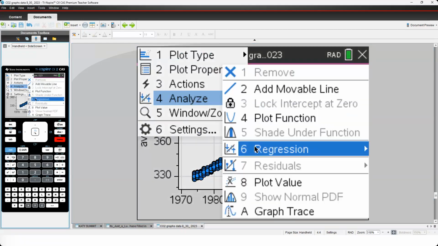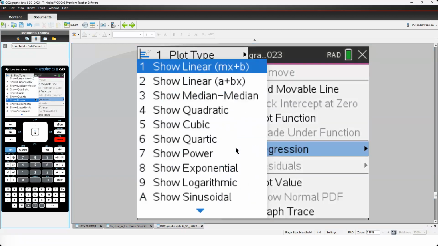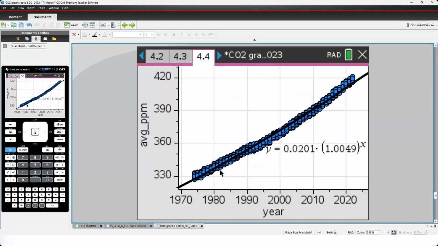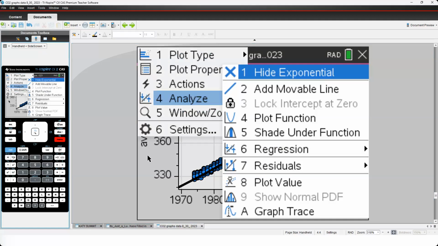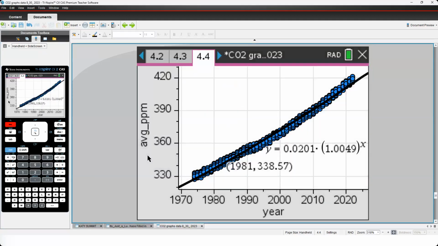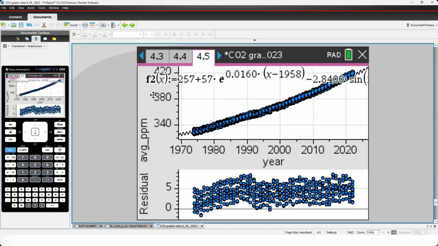So we go to regression, and we do an exponential model. And I don't know if you can see that the residuals are still a little bit kooky. And then let's go to the next slide. And the data, you have the data, you can play with all of these things. Let's go to the next slide.